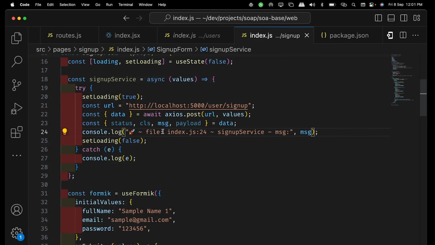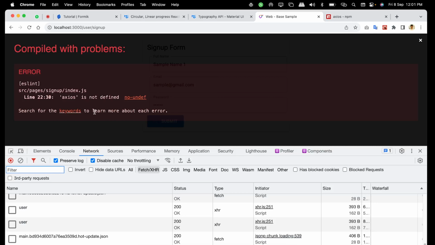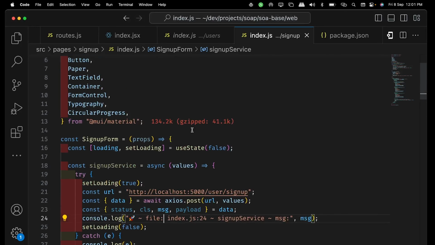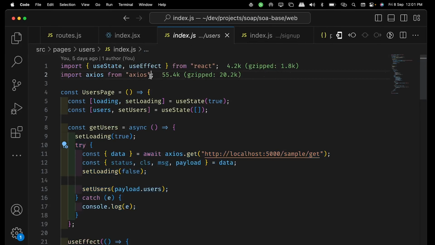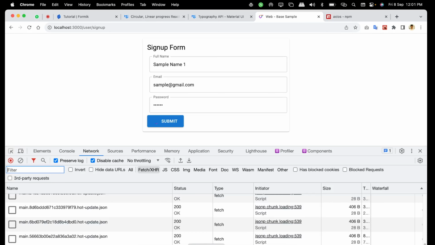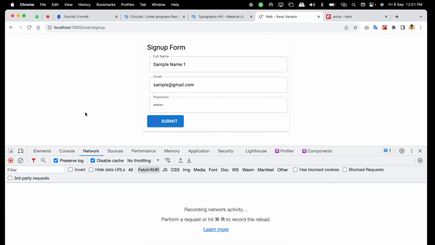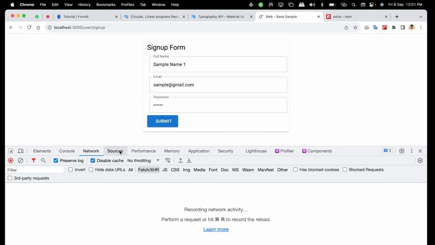Okay. Now we'll go back here and then try to check. From the front end, something is not there, Axios is not there. We know we have to import it. So we can just go and grab the line of import statement and then put it here. Good to go. Now if we go back here and everything is fine, let me refresh the page. Good to go. If I submit,